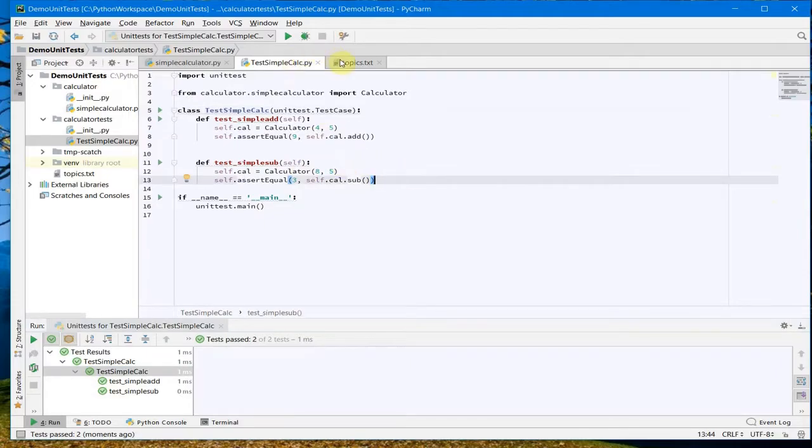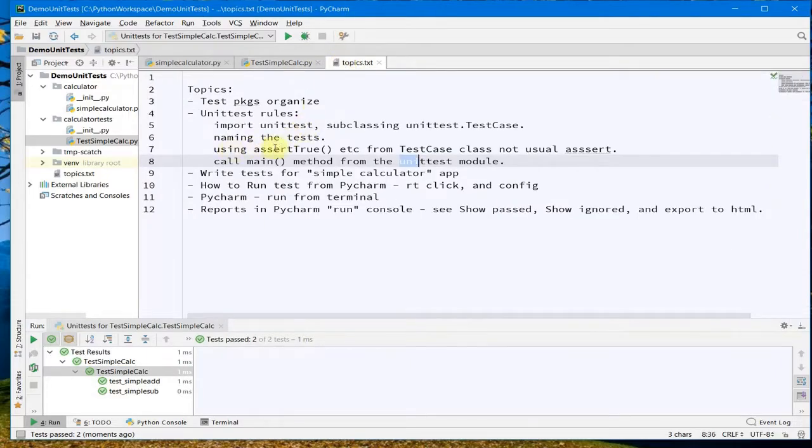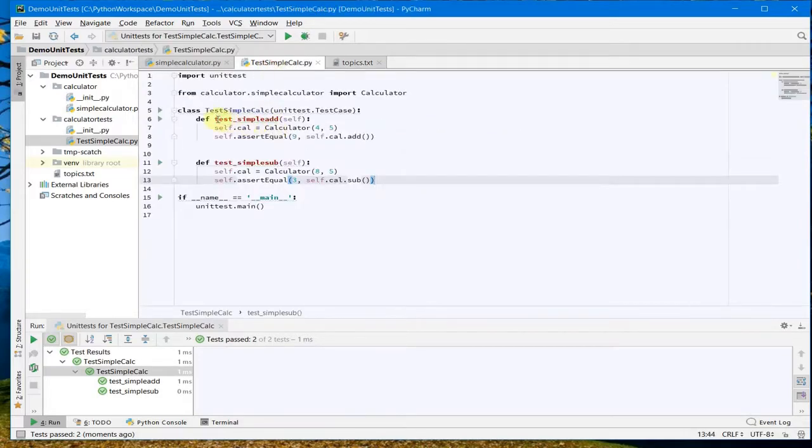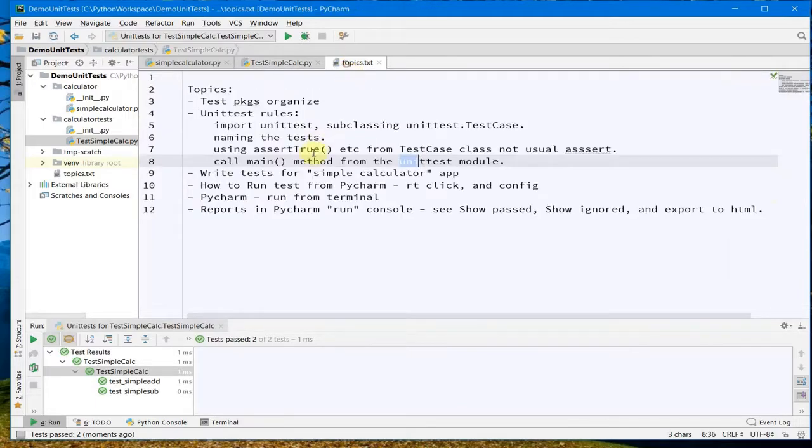So I have added tests using assert equal. I've shown you how to name the test: we should name the test with test underscore something. The actual name should start with test. After that, whatever you write doesn't matter here. And we have seen how to run the test using right click,